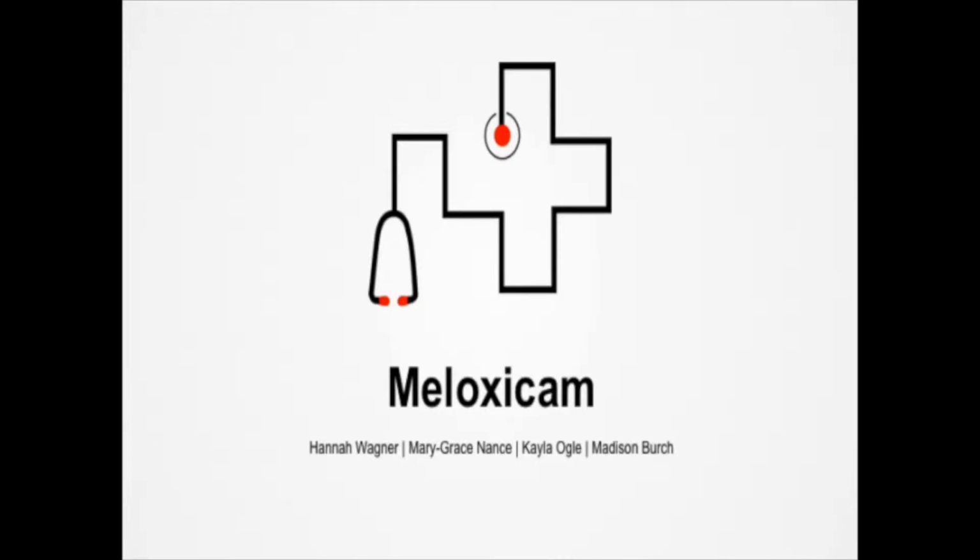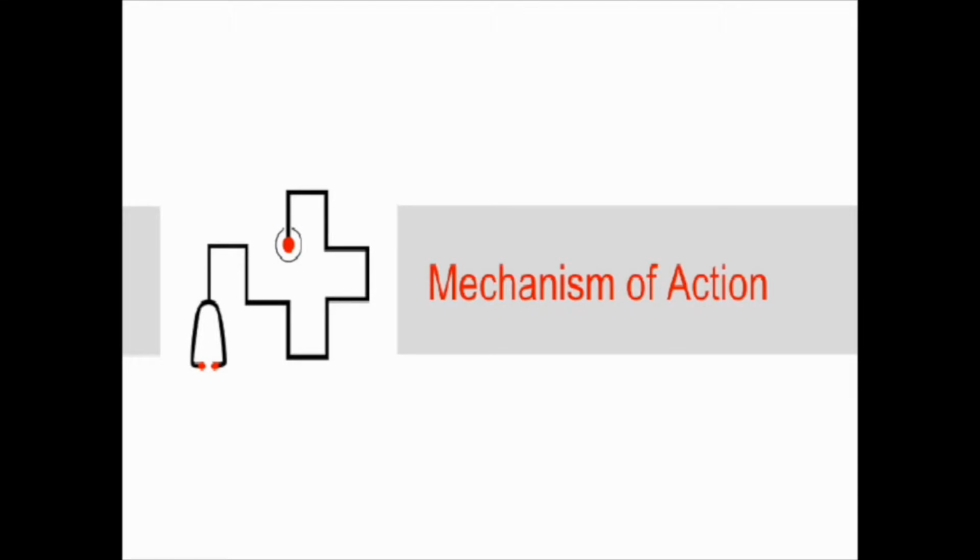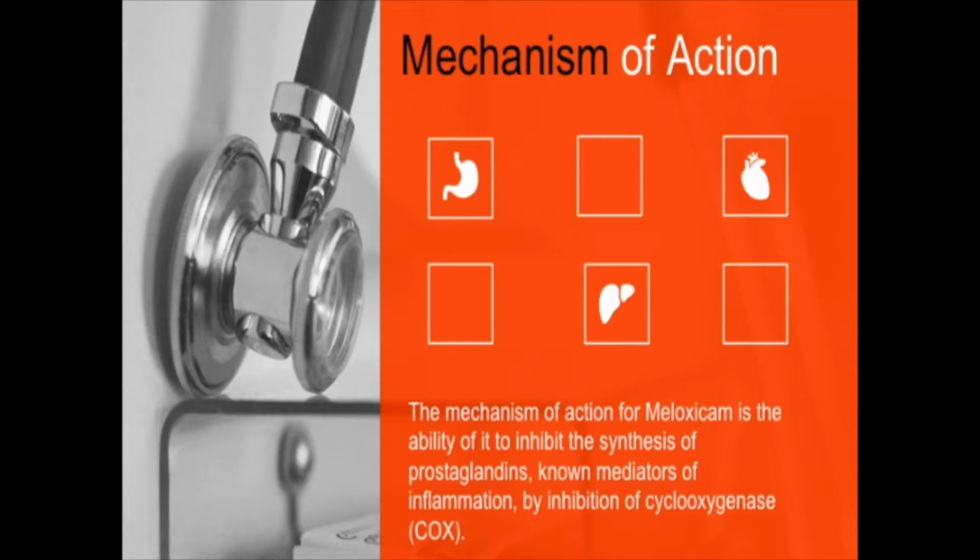Today, we decided to talk to you all about Meloxicam. To understand Meloxicam and what it does, we must first look at the mechanism of action. The mechanism of action is like that of other NSAIDs. It involves the inhibition of the synthesis of prostaglandins, known mediators of inflammation, by inhibition of cyclooxygenase, also known as